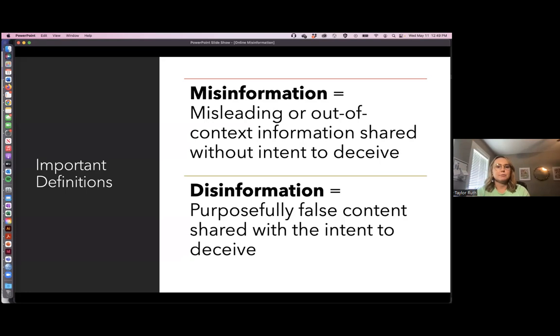When we're thinking about misinformation, this is often misleading or out of context information that's shared without really the intent to deceive. I think this is what we see most often with science communication, because some people will cherry pick that data, cherry pick that study, or not specify the study was done in mice. And then people just think that this is the truth. It gets shared, it gets widely picked up by different media outlets. It's not meant to deceive, it's a mistake, but it still has some pretty negative impacts down the road. But I would say that is most often what we're seeing with science communication.